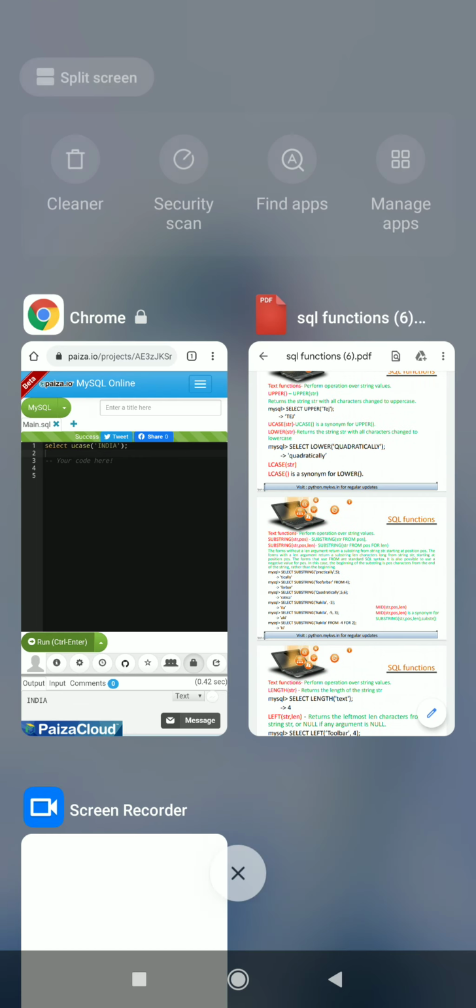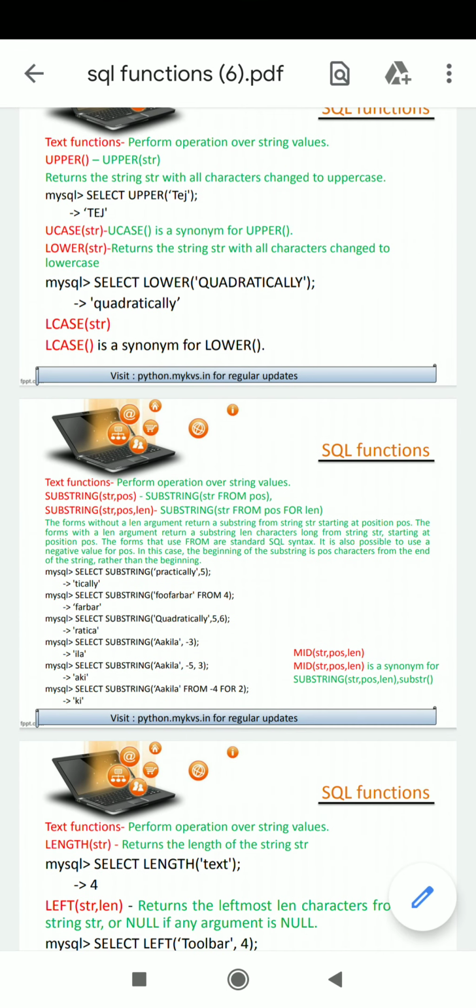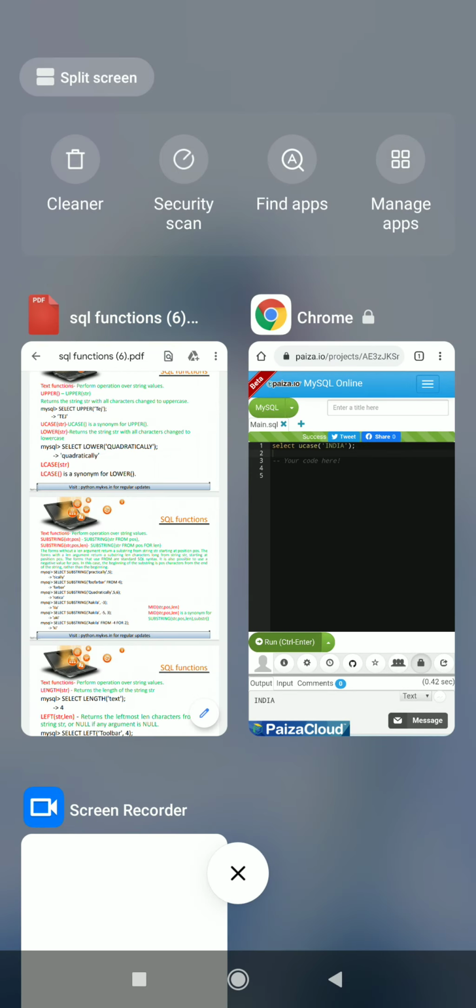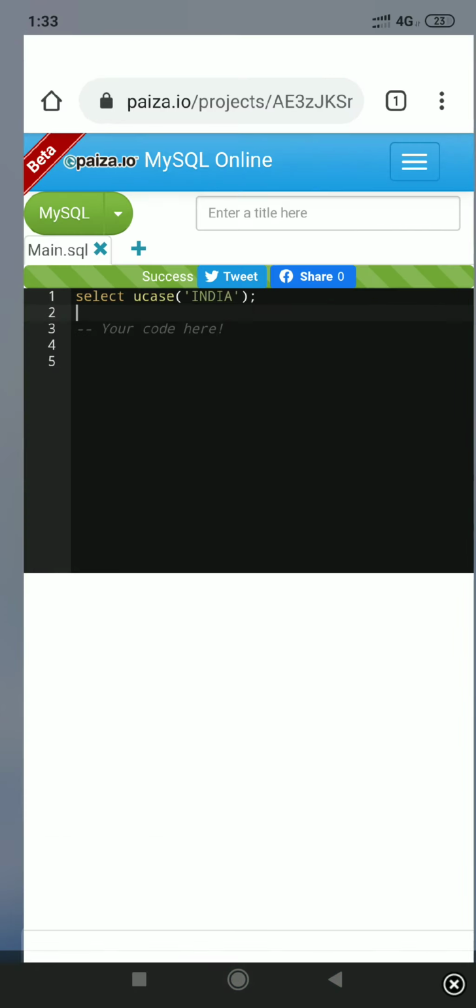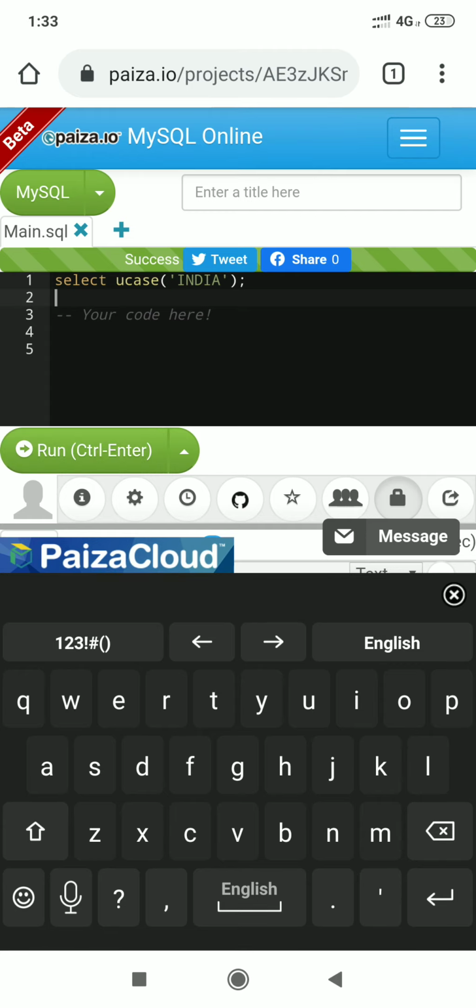Now students, we move towards the next function, that is lower. Lower means the function which converts a string into lower case value. All letters will be converted into lower case. Either we can use lcase or we can use lower. So I change it to lcase.